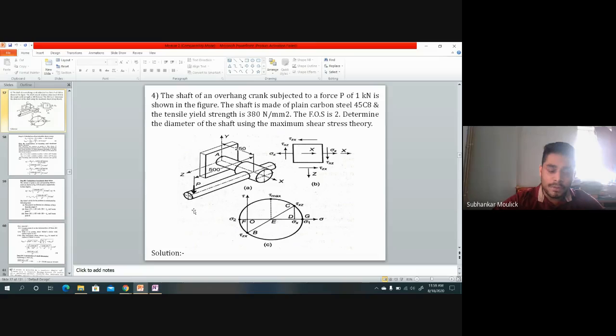Due to this load P, whether bending stress is acting in the problem or whether torsional stress is acting or tensile stress is acting. तो अब आप मेरे को इस डायग्राम को देख के बताओ कि हो क्या रहा है इस डायग्राम में।